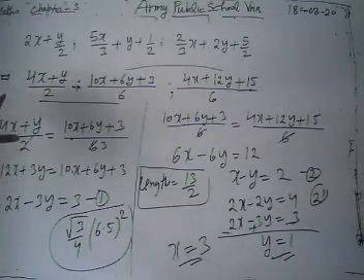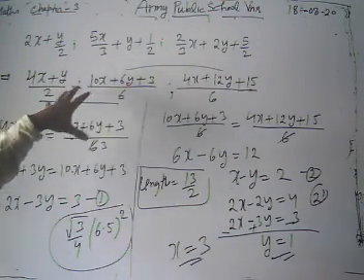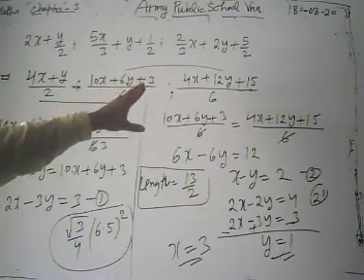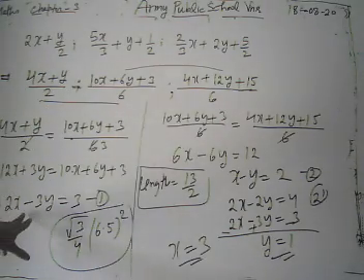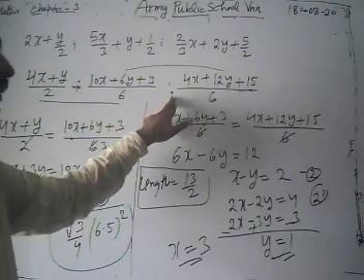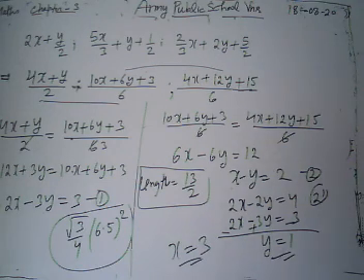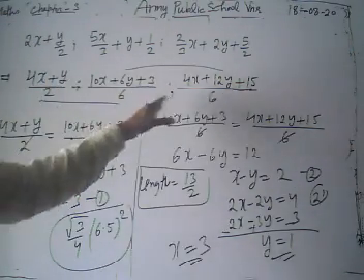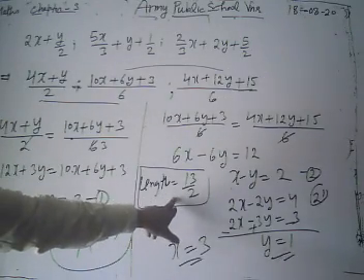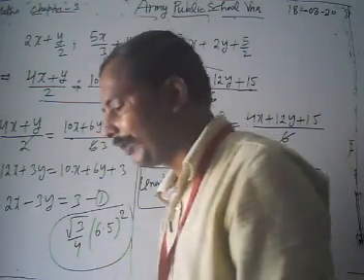And what do we do? We have been given these, the lengths of sides of the triangle. After rearrangement and solving, since it's the length of the sides of an equilateral triangle, these must be equal. Then we equate these pairs. We get one equation, 2x minus 3y equal to 3. Equating another pair, we get x minus y equal to 2. We have pairs of two variables, and we solve them. After solving, we get the value of x is 3 and y equal to 1. Putting these values in any one of the three, we get the length of the side of the triangle as 13 by 2. Then we have to find the area of the triangle. The area of an equilateral triangle is given by under root 3 by 4 into side square.